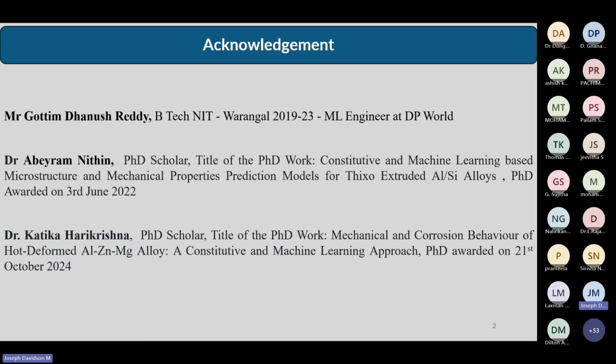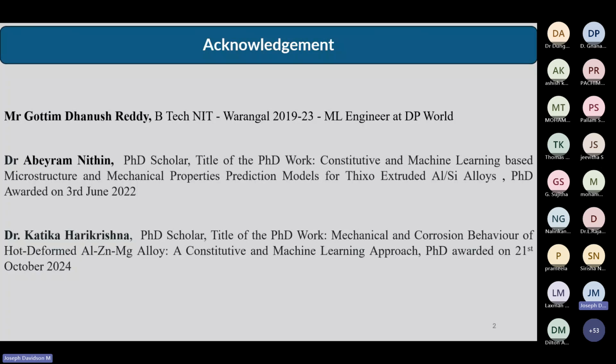So we started around 2022 without knowing anything. In fact, we started, and I got a good student in the name of Dhanush Reddy, a BTech student from NIT Warangal. He was extremely resourceful to me as well as to my scholar to start with, and presently is working in DP World as an ML engineer.